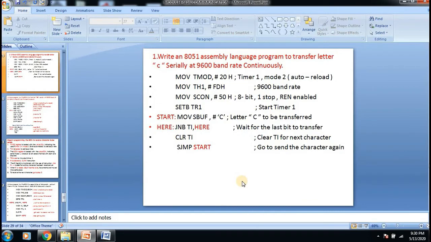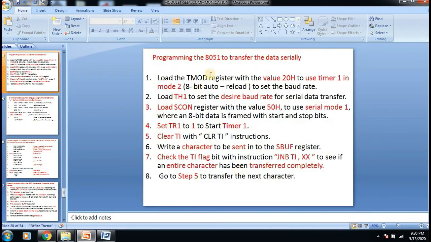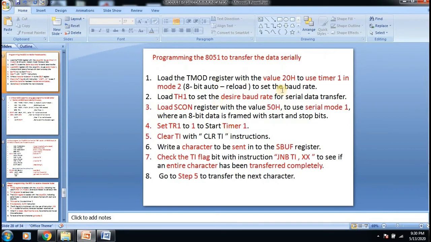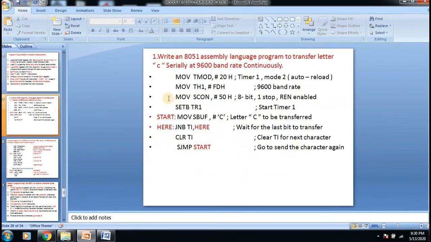The programs are very simple, we just need to go through this step by step, and the instructions are always the same. The first thing is that we need to load the TMOD value. Okay, the first question: write an 8051 assembly language program to transfer the letter C serially at 9600 baud rate